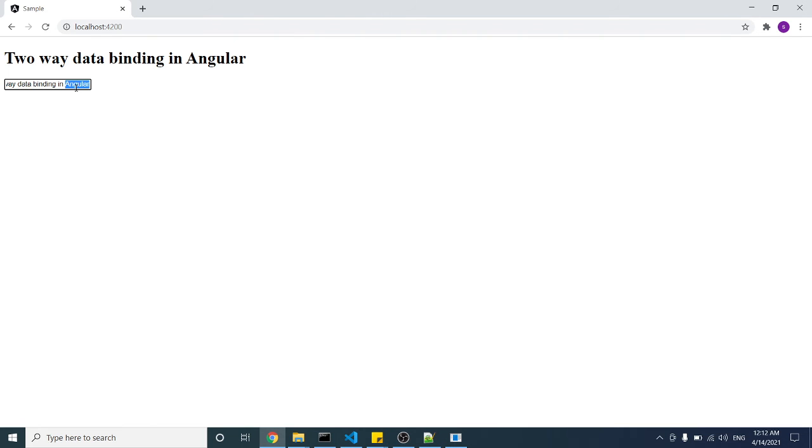We can remove everything from here, and when I remove this, the top text is also gone. When I enter something in this text box, we can see the text in the above line. Let's enter my name here. When I started entering my name inside this input box, it is printing on top. So the model and view are both in sync.